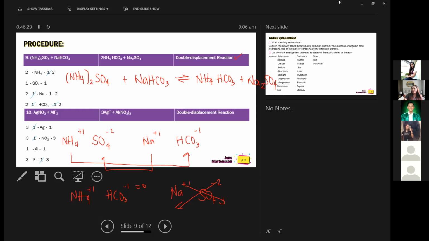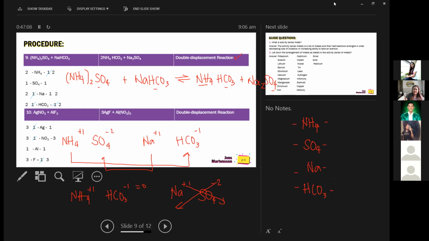Huwag nyo lang talaga paghiwalayin yung polyatomic ions kung hindi naman siya nahiwalay sa product. Kagaya ni ammonium. Ang ammonium sa reactant is still ammonium here sa product. So let's treat it as one entity. And the sulfate here is still sulfate on the other side. So that's one entity also. And then let's have the sodium. And take note, the bicarbonate is still bicarbonate here. Magkasama pa rin sila. So again, let's not separate the components of the polyatomic ions para hindi tayo mahirapan in